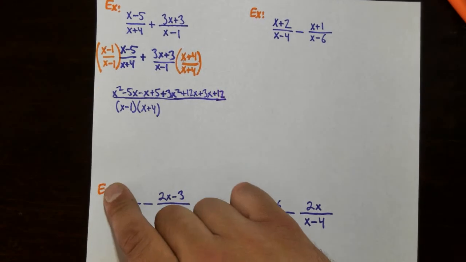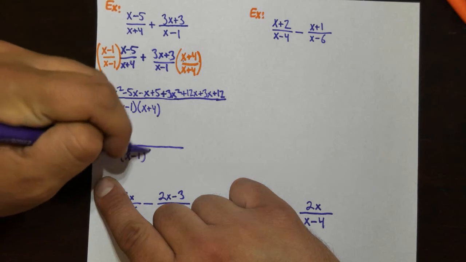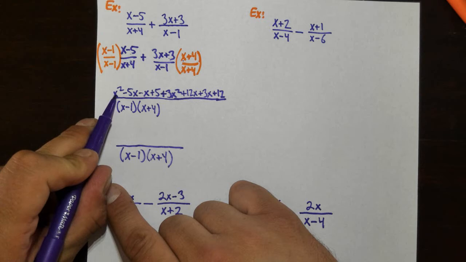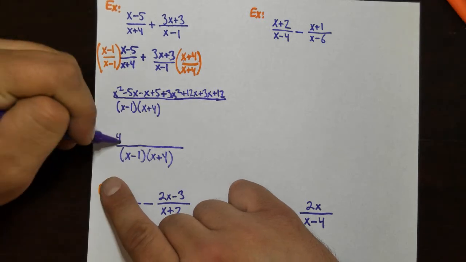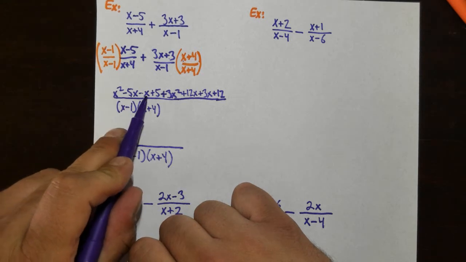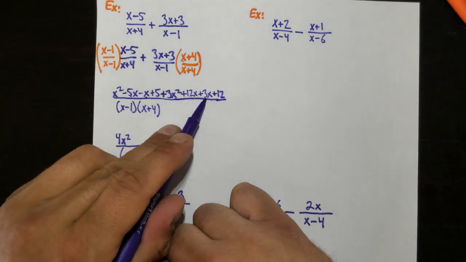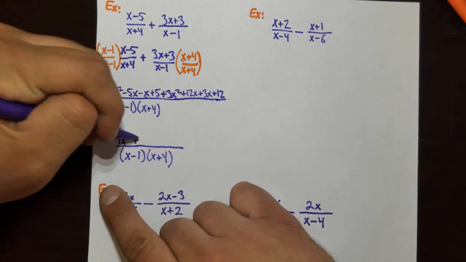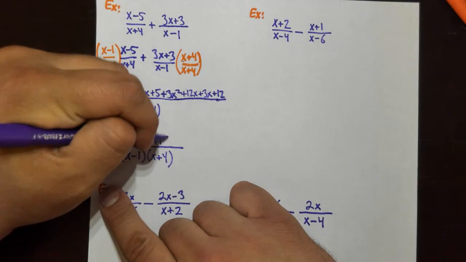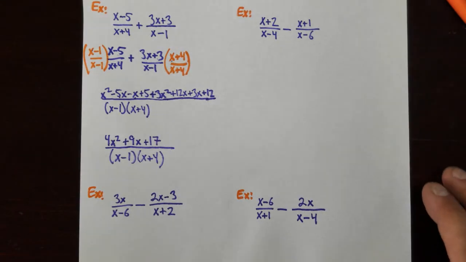And then we can combine like terms. So what we have here, let's see, we have 1x squared and 3x squared. This will give us 4x squared. And then, let's see, negative 5x minus x is negative 6x. Plus 12x is positive 6x. Plus 3x is 9x. And then 5 and 12 are the only constants, so plus 17. And we're done with the addition. So that's the example of how to add